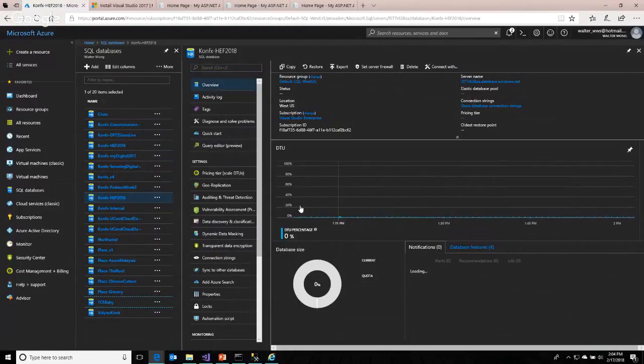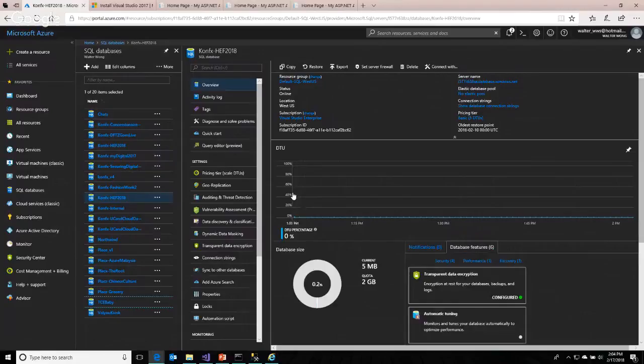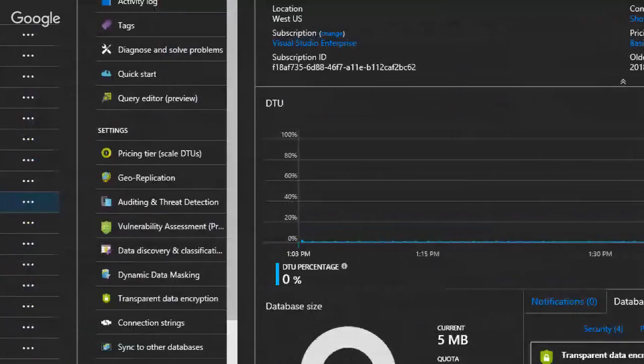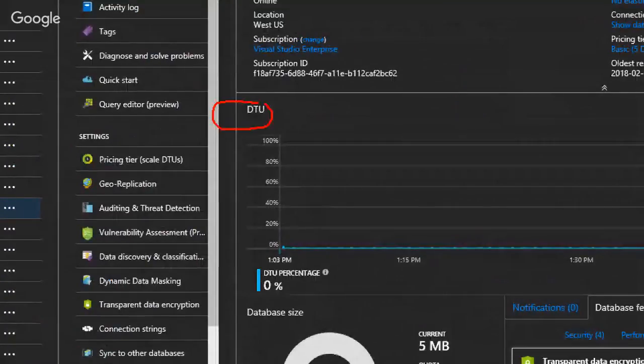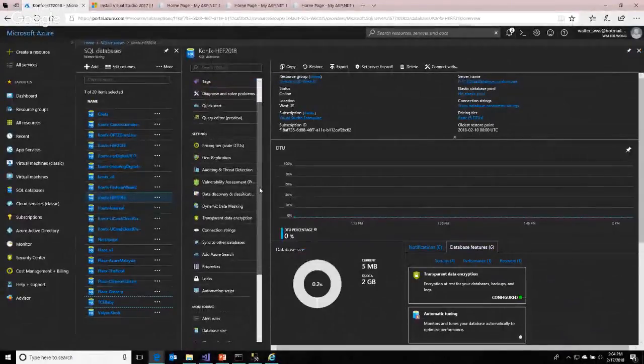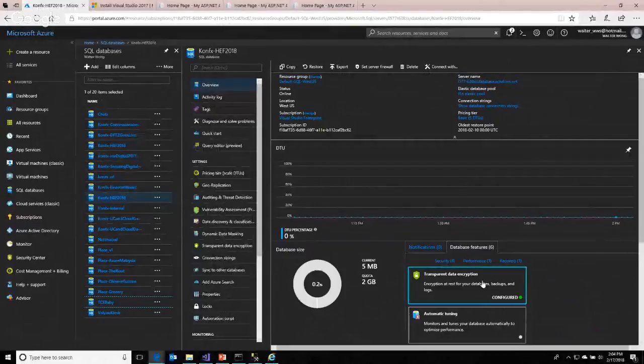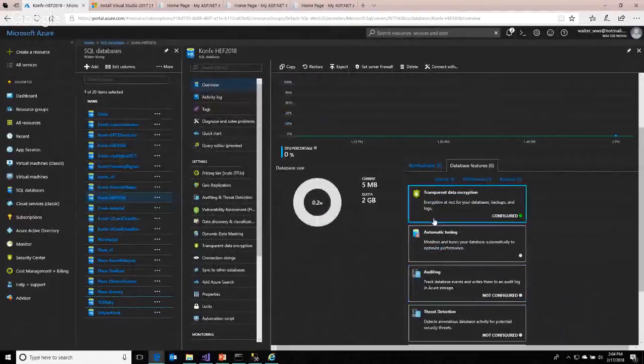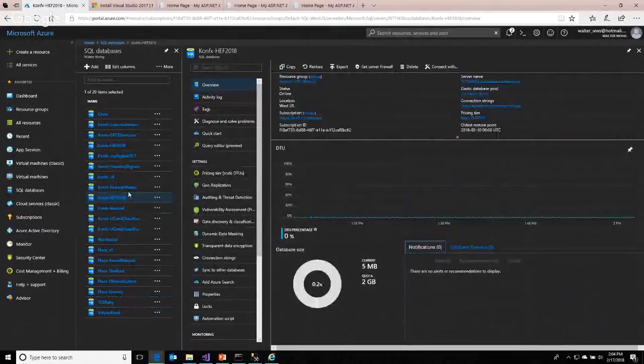If you have, you can see there's something called the DTU. When you talk about DTU, this is actually a unit of measurement for how you manage the performance for the applications, particularly your SQL side. And again, let's come down here. Let's go down, if you scroll down here. Let me go to this one first.